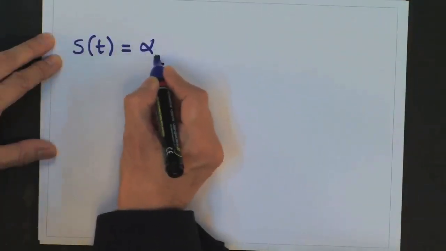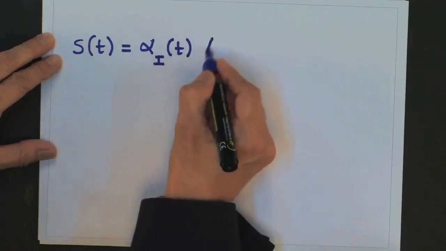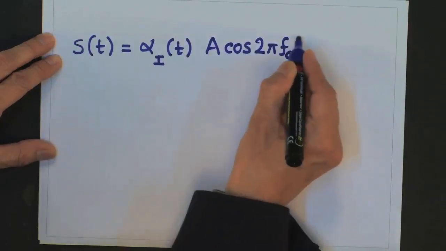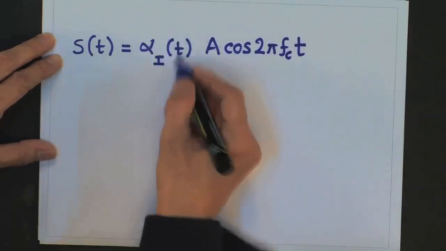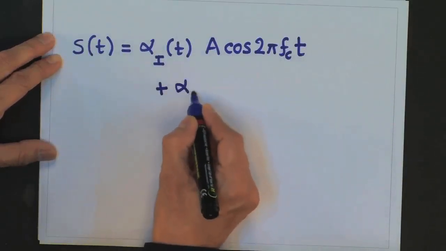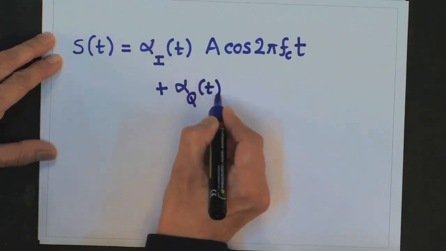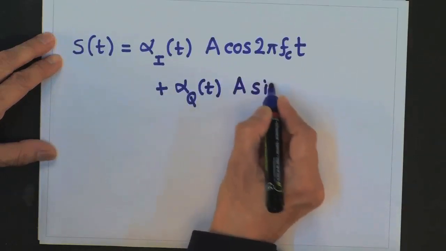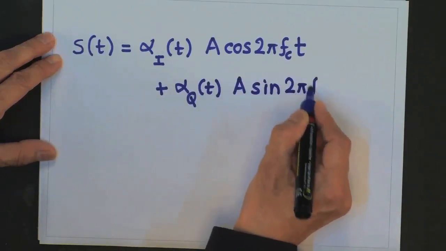So, the transmitted signal is as follows. The in-phase waveform modulates cos 2 pi fc t. The quadrature bit stream modulates the carrier sin 2 pi fc t,